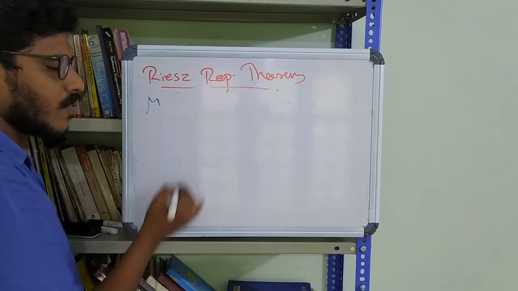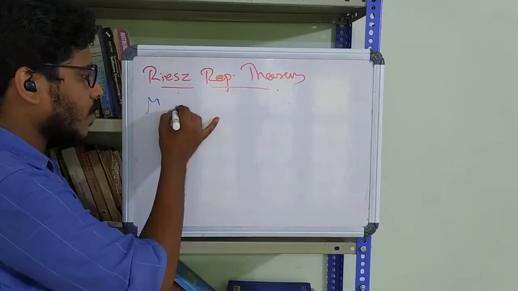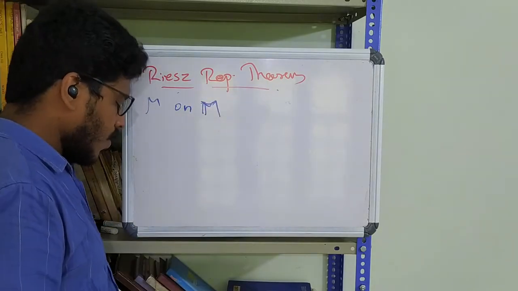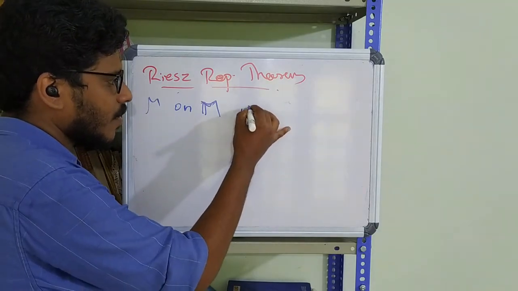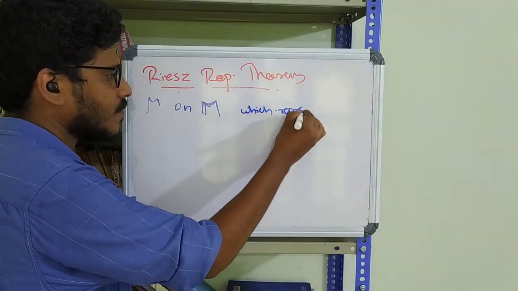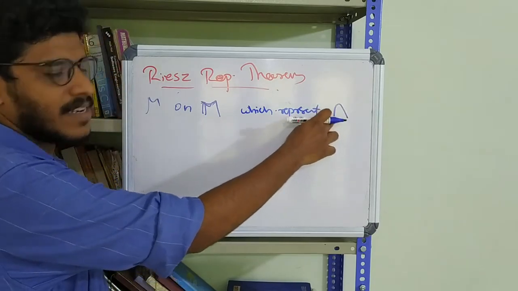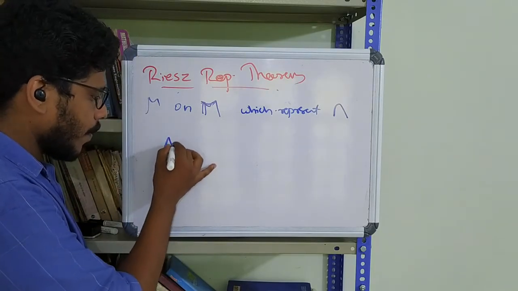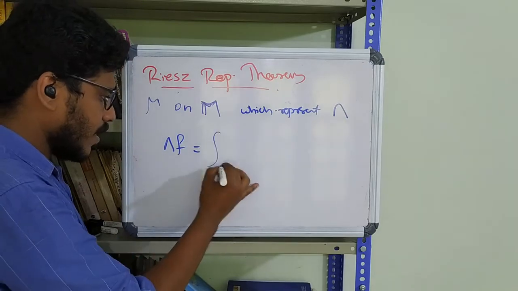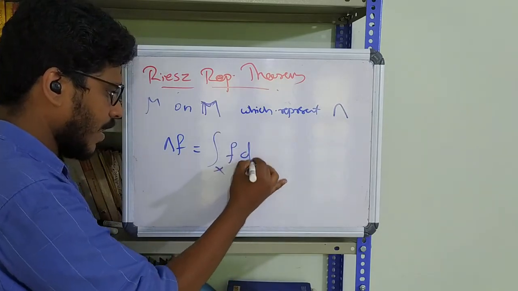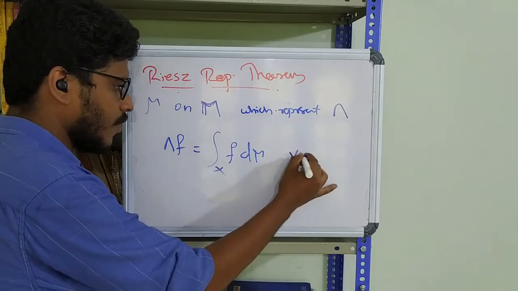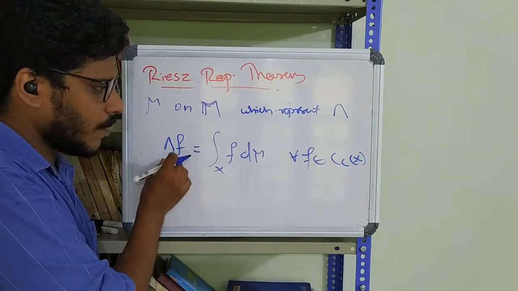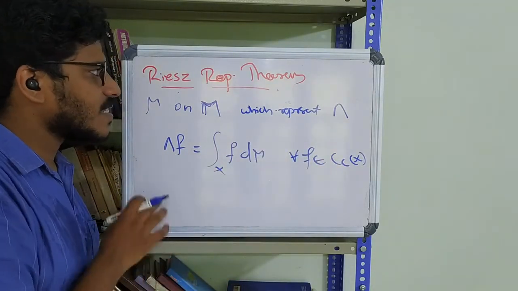There exists a unique positive measure mu on the sigma algebra M, which we just constructed, which represents the positive functional Lambda in the sense that Lambda of f is equal to the integral over X of f d mu for every f in C_c(X), since Lambda is an operator on C_c(X). So this is what the Riesz representation theorem